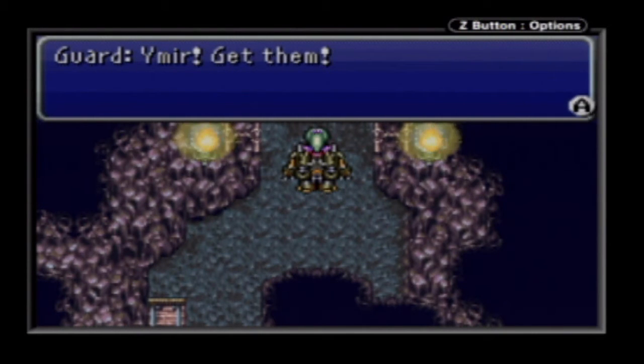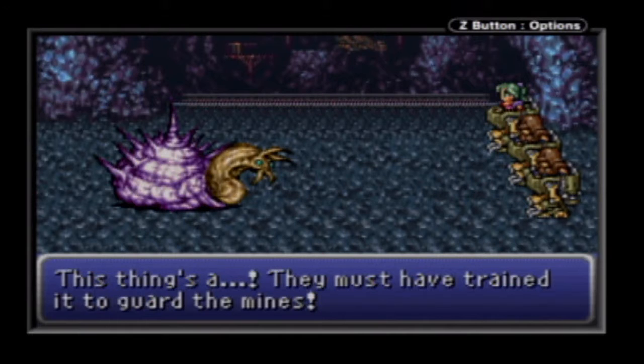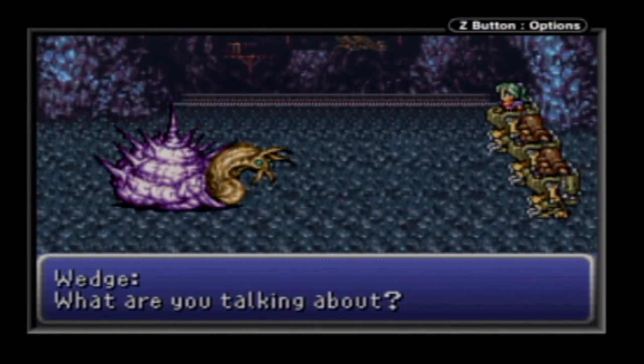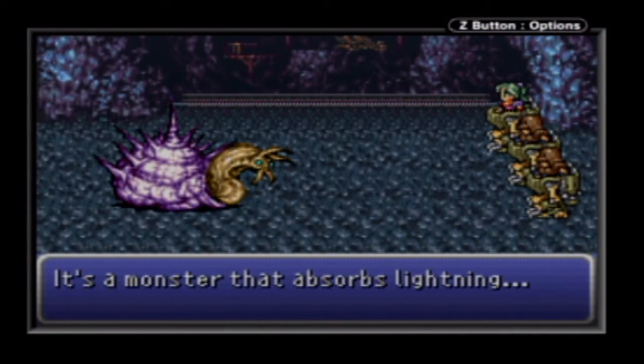Everybody to part 2 of my Final Fantasy VI Advanced playthrough, and we are going to enter this boss battle. We're going to be fighting the Whelk, or as it's known in this game, Yimmer? Limer? Not quite sure. I have a little dialogue here between Biggs and Wedge. Basically what they're saying is you have to be careful about attacking this creature because he holds lightning in his